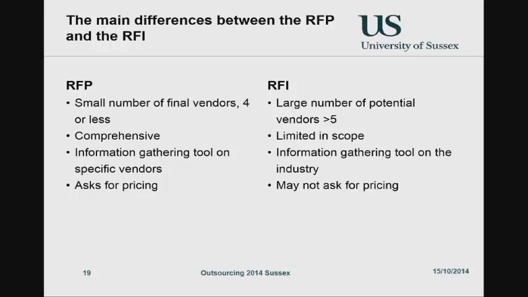Request for a proposal, small number of vendors, it'll be much less than 4. Typically, big contract, 2, maybe 3. It's fully comprehensive, contains the full Monty, everything you need to know about the particular deal, and it goes to specific vendors, basically, the ones who can, in principle, all of them could do it. That's more or less it.